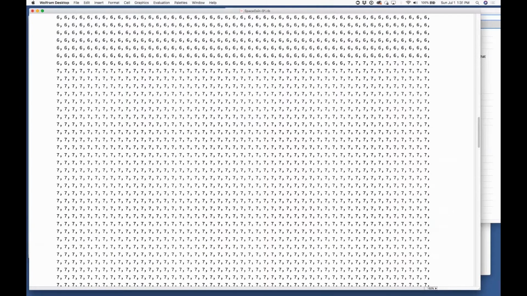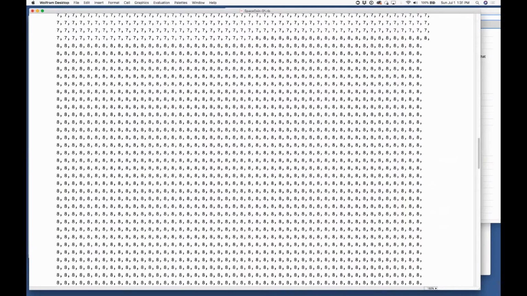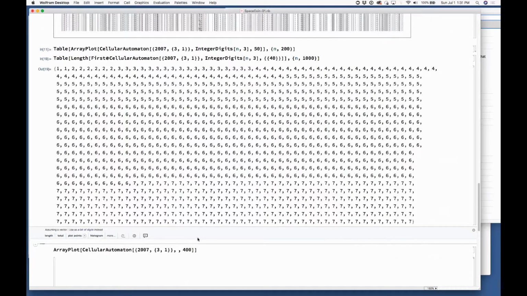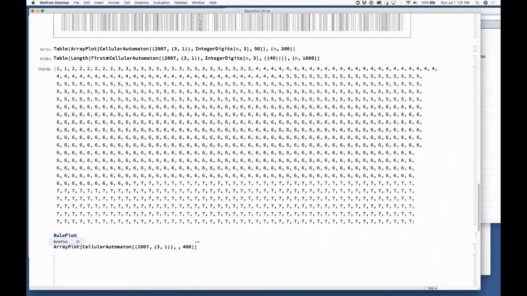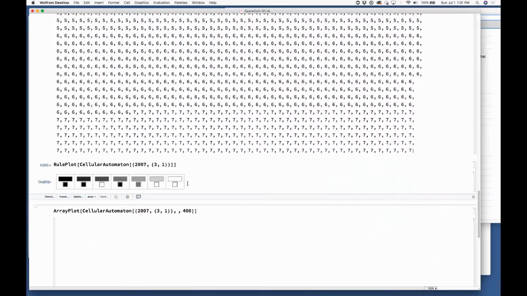It's still completely boring. So I have a bad feeling that this rule simply can't grow unless it has some background. Maybe we should actually look at the rule. So let's say this is the rule, and this is a totalistic rule that says when the number of cells in the neighborhood is